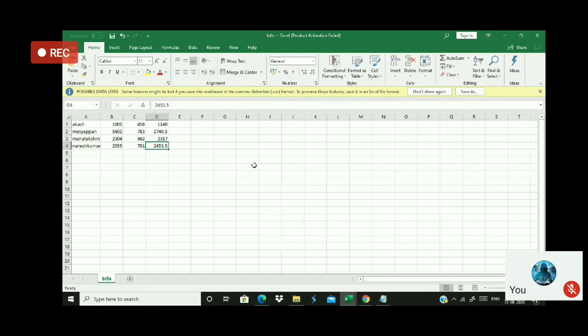So far I have not said how to connect with a database, but I have shown how to use a file as a database. In the previous classes we saw how to use a text file as a database, and now I have shown how to use an Excel file as a database. With this, we will confine our class.